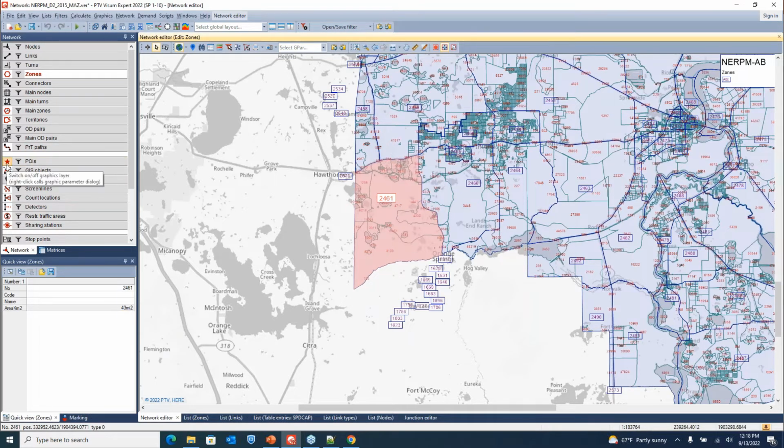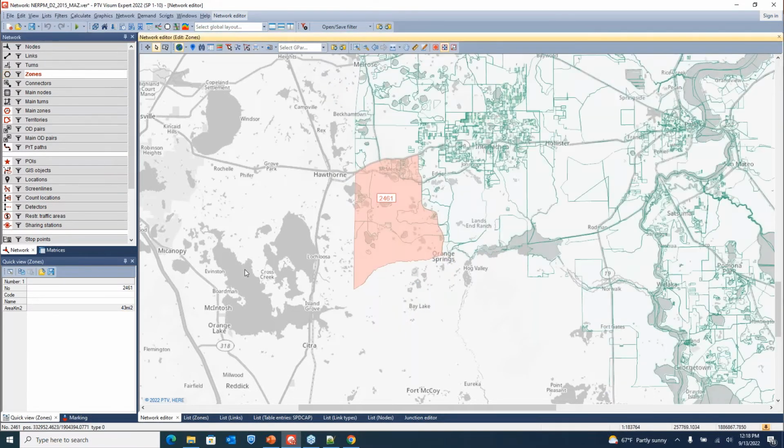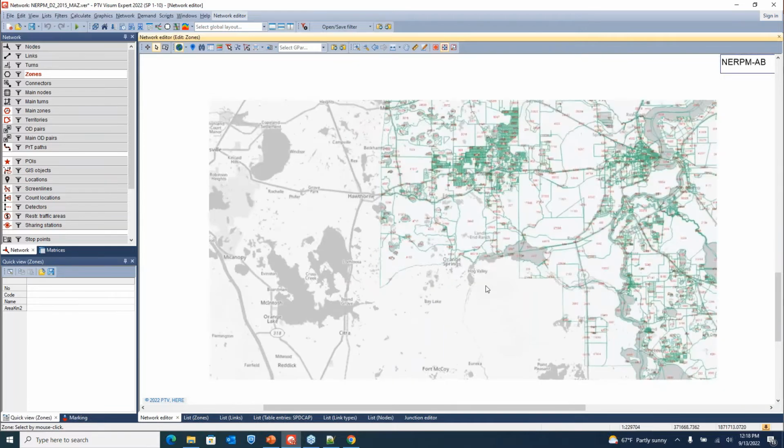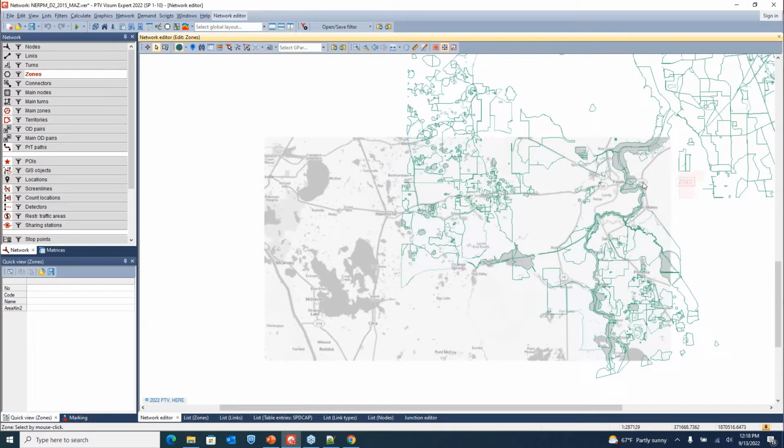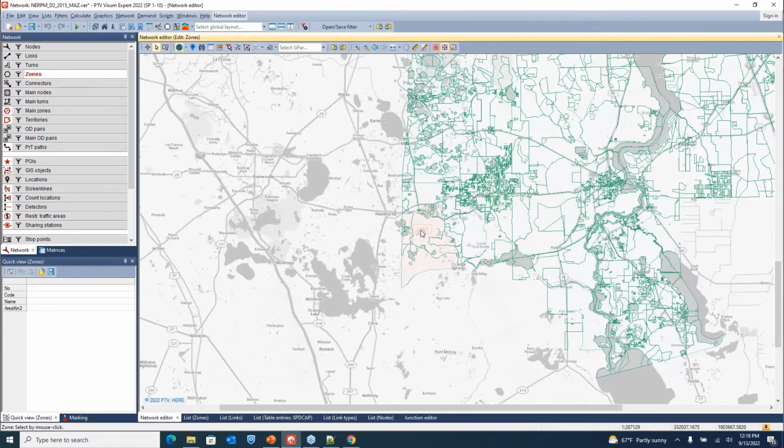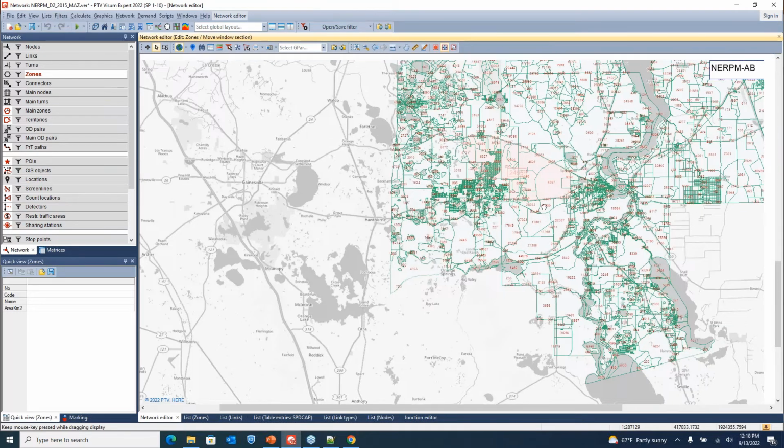You would find it here. So right now it's switched on. Let me switch off the zones also for a minute so that you can see all the POIs. So POIs are representing MAZs in this model, and